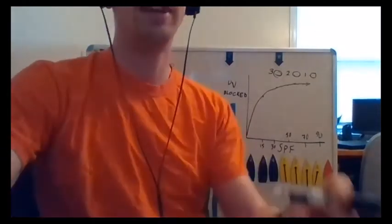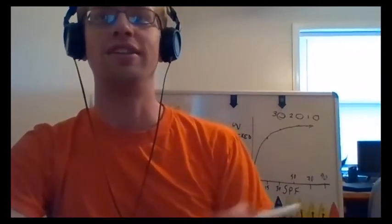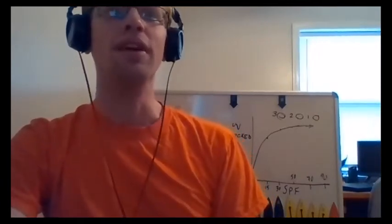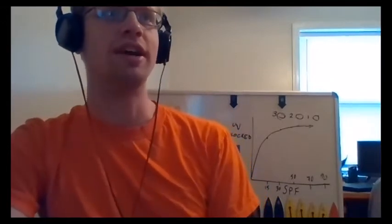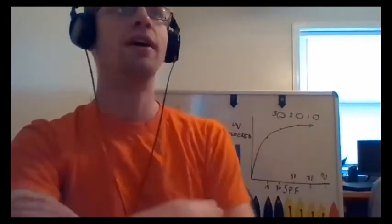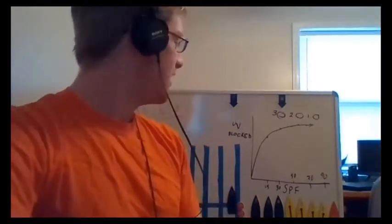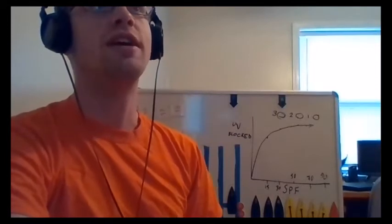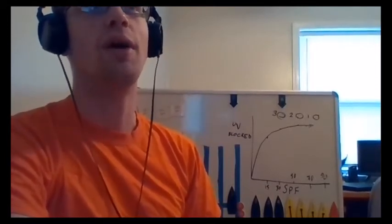We don't really have to have a full understanding of that exponential curve and everything to just know that when we go up to higher and higher SPF, it technically blocks more sun, but the point where we'd see that happening is we're probably going to be reapplying sunscreen beforehand anyway. So the long story short with that is, if you're going out on the water, you're trying to figure out what SPF you need. If you get SPF 30 and are applying it,